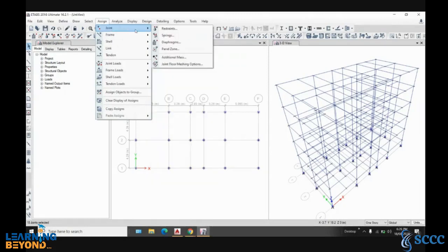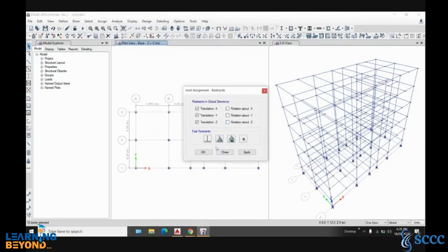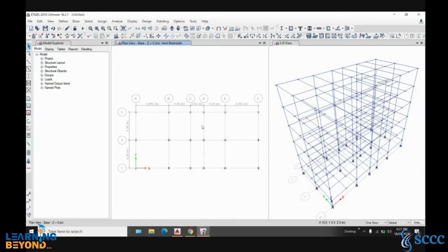You will have to go to joints and click on restraint. If you click on restraint, you will see that this is fixed, this is a hinge, this is the roller, and this is free support. So I will click on this fixed so that the supports will become fixed, and click on OK. So the supports are assigned.